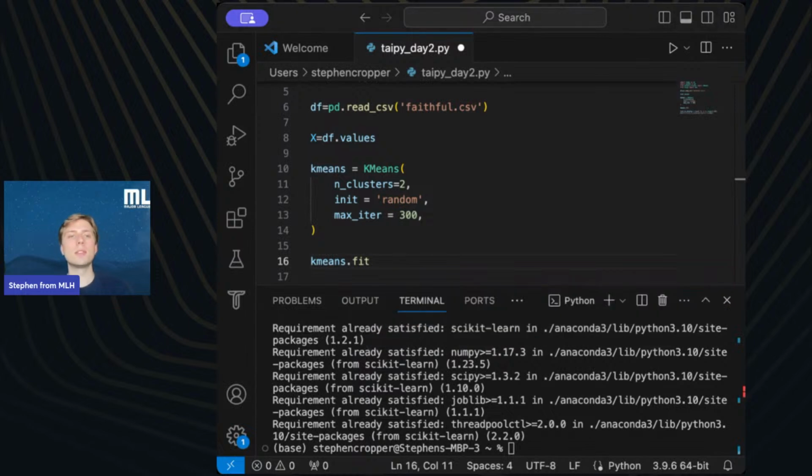This method is going to fit our feature data x into the k-means model and optimize for a particular goal. In this case, the goal is to find two categories that explain all of the data as best as possible. The reason is that typically at this geyser, the eruptions last a short time or a long time. So we want to classify those eruptions based on short time and long time.